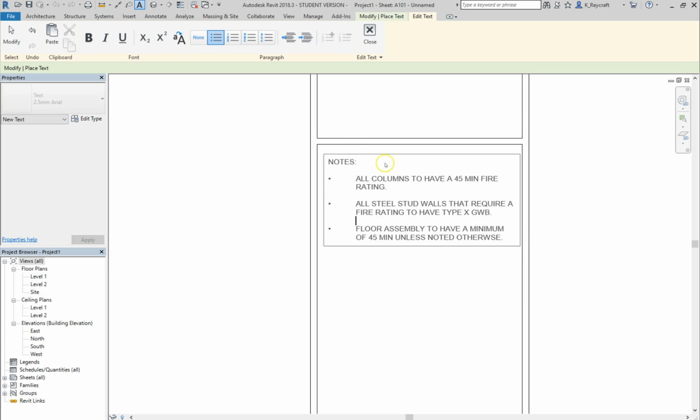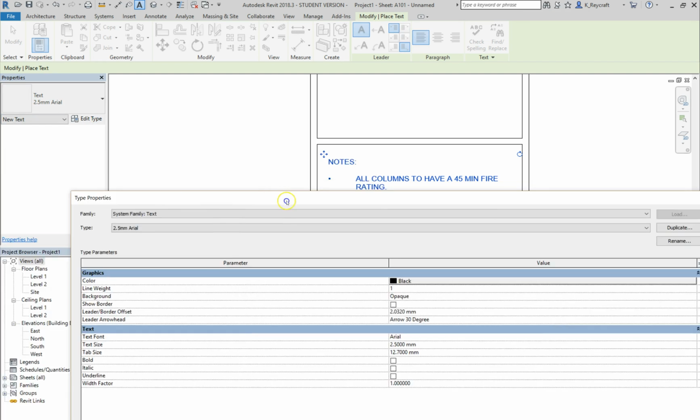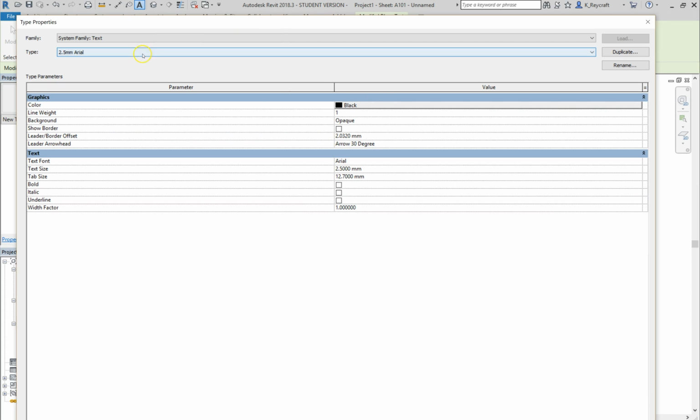Now, the space between the bullet and the text is controlled by the style. So if I click here just to unselect the text, and go to Edit Type, that just came off onto another screen, so just bear with me. You will see that we have tab size. Tab size is the indent. So if I were to change this from 12.7, which is about half an inch, to let's say 5 millimeters,